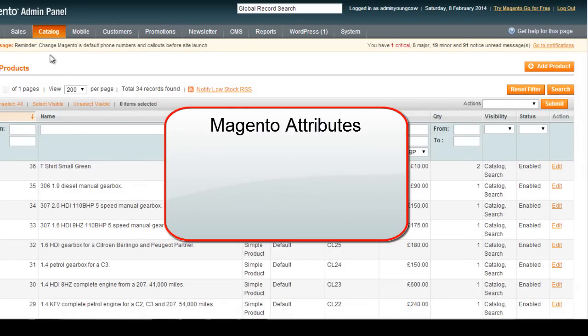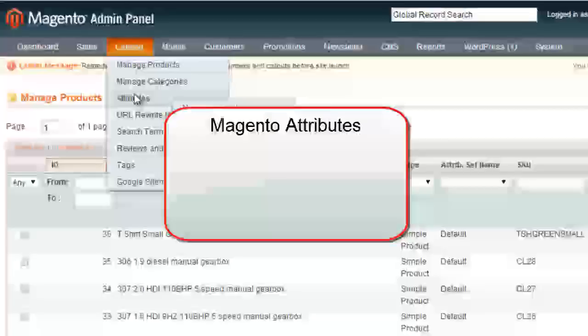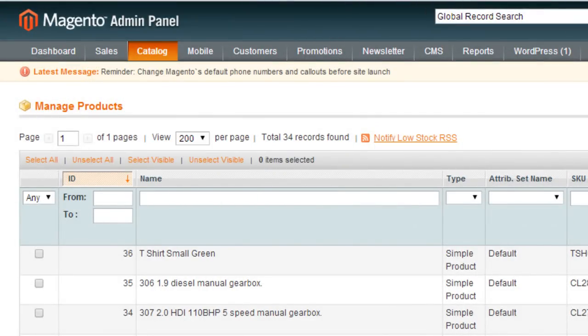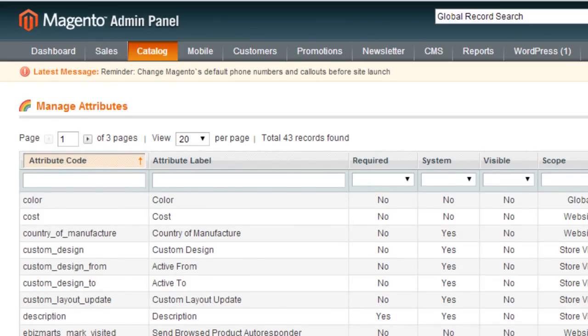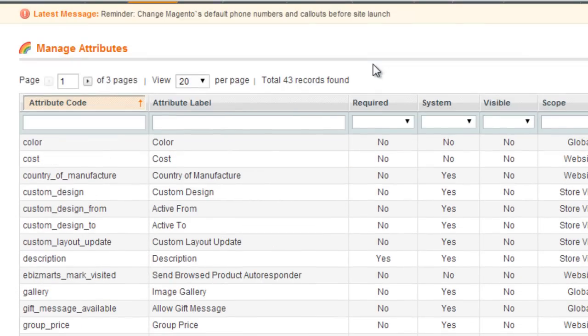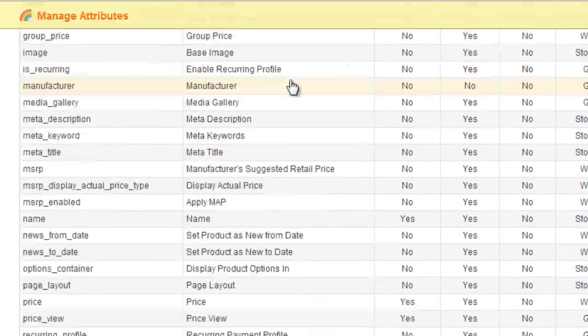Now the whole point of Magento is that products are created by having many attributes. So an attribute may be its name, size, color, maybe price is even an attribute of a product, and various other things. So what we can do is if we go to manage attributes we can look at the existing ones on Magento that are installed by default. You'll see somewhere, if I increase how many we can see on a page, we'll go to 100, that we have